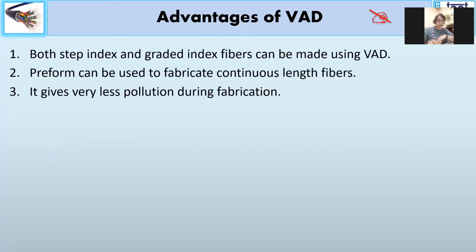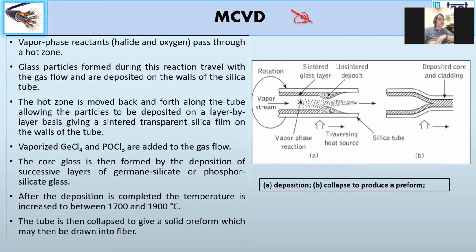Now, this is called vapor phase axial deposition. Now coming to MCVD, modified chemical vapor deposition, the starting material is, as you see, the outside is a glass tube. Inside this, you are inserting the gaseous form of your glass and the impurities that you want to deposit. They are inserted continuously, and this tube that you see is also continuously revolving.